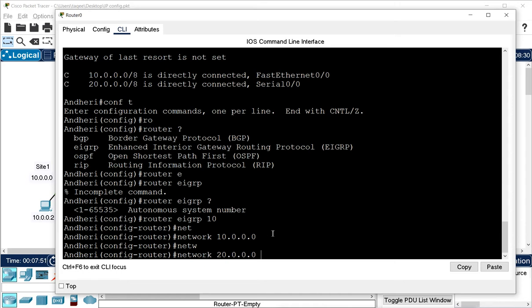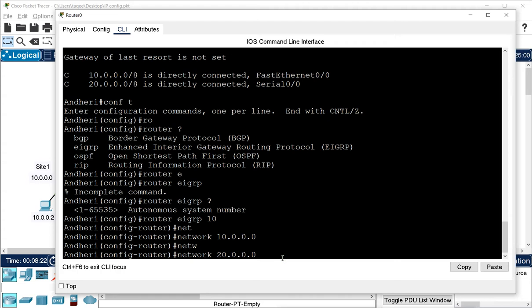Which gives you more benefit of defining the network and managing the routing protocol, like which interface you want to enable the routing protocol on. You can manage that by using the wildcard bit, an advanced feature which was not available in the RIP protocol. It was available in OSPF, but here EIGRP is also an advanced protocol. But you see, I gave the network here directly, like RIP.